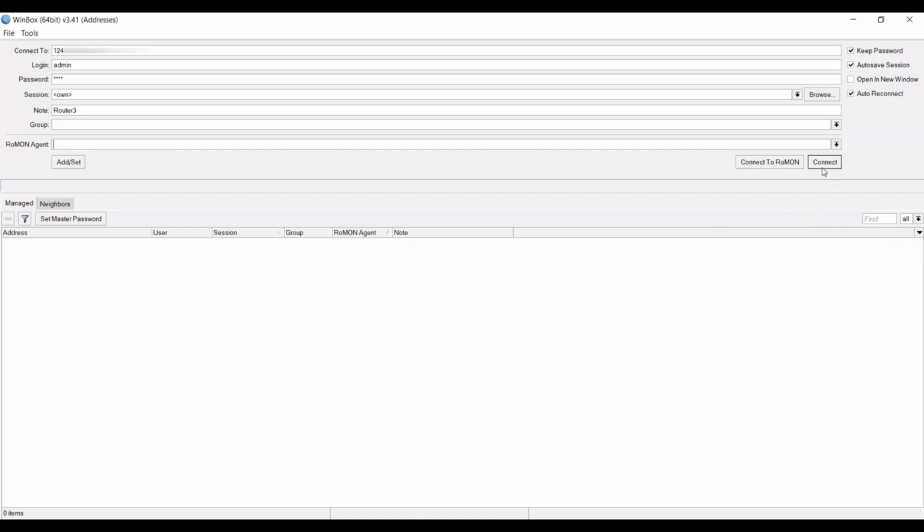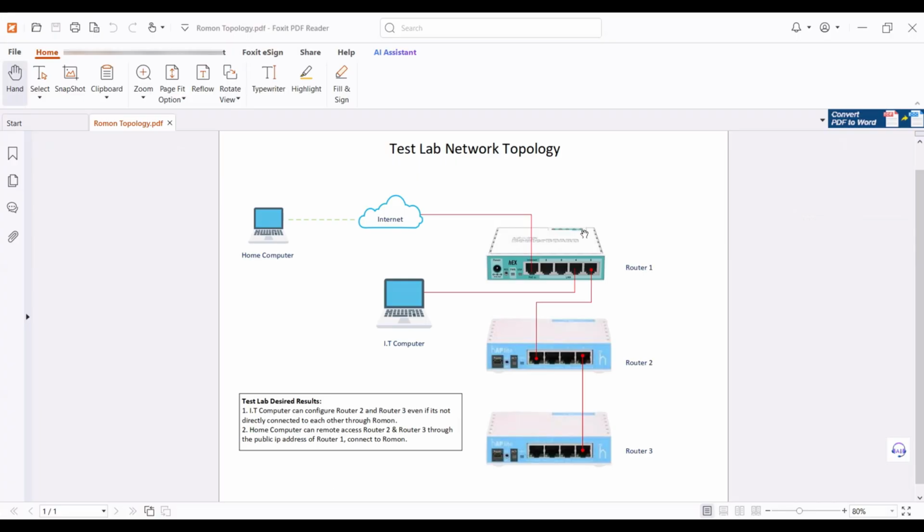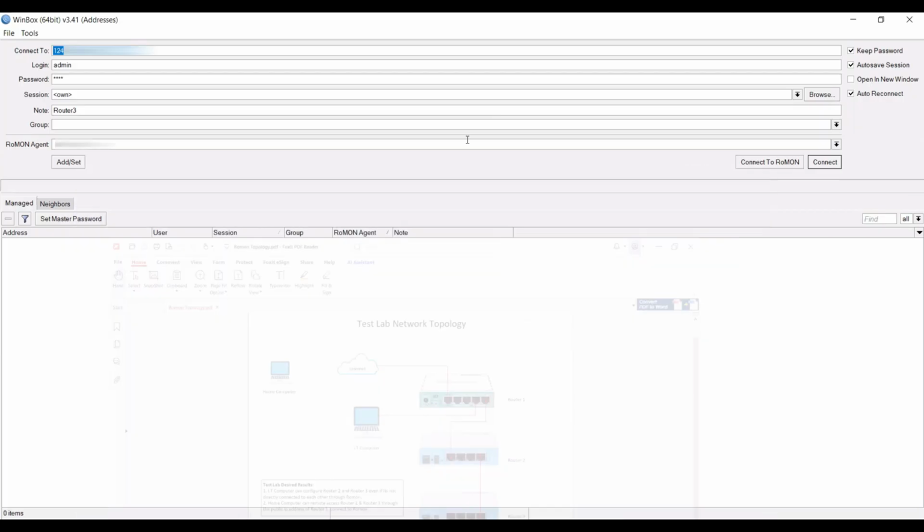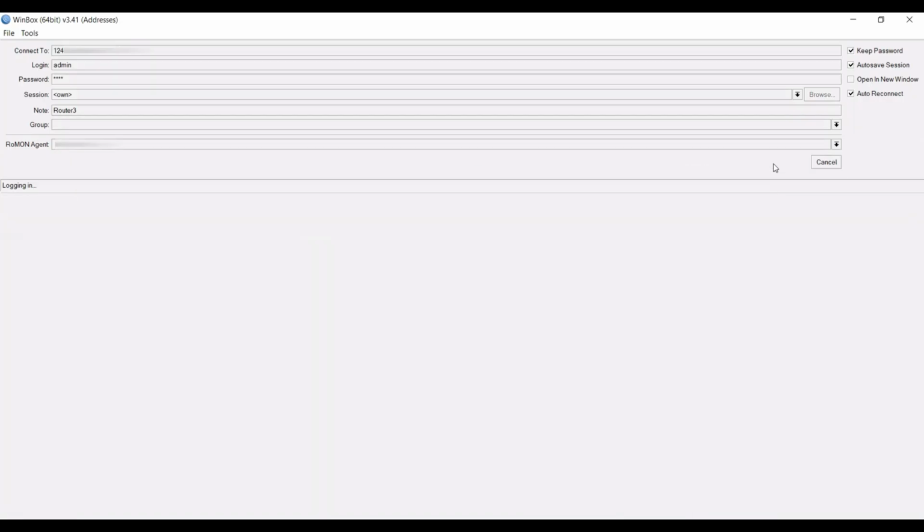If you click connect directly, you will access router 1. I will just go directly to access router 2 and router 3 via Romon. So I will just click connect to Romon.